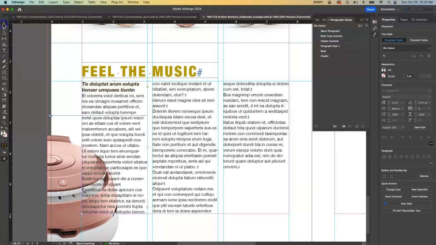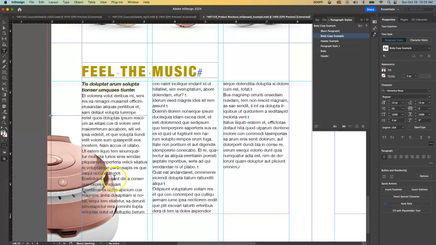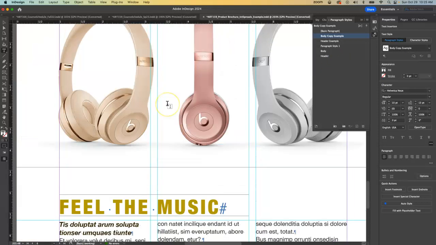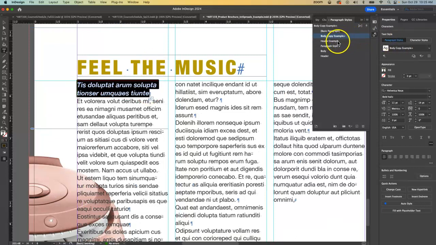And now if I click back out of this, we can see that I have this visual hierarchy starting to be used here. And I can now go through and start to apply these to these different areas where I have this subheader copy. So we've created another subheader down here by creating hard breaks. Now let's look at this. We can see that within this body copy, I have a paragraph break here and a paragraph break here. So by placing the cursor inside this sentence between these two paragraph breaks, whoops, we actually forgot to do something here. Let's select this initial text up at the top and make sure that we have,